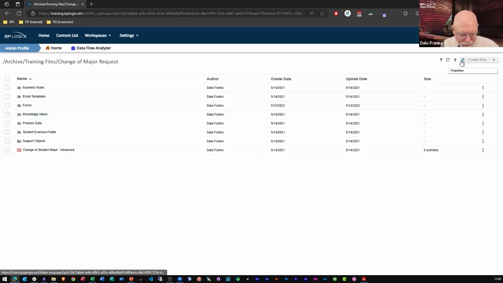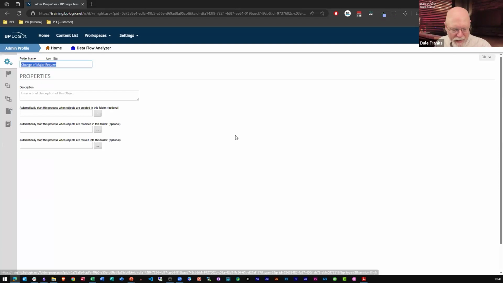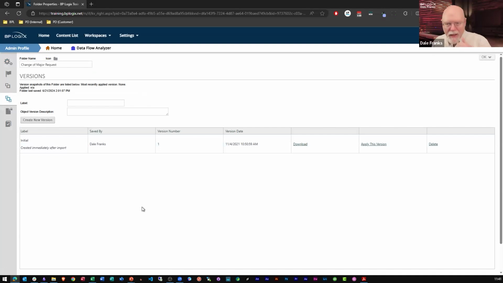So in my change of major request, one of the other reasons why we recommend the folder structure that we do is that I can go into my parent folder and go to its versions tab and create versions. That version gives me a snapshot of the entire folder. Everything has been saved. So if I need to revert to a backup, I can.